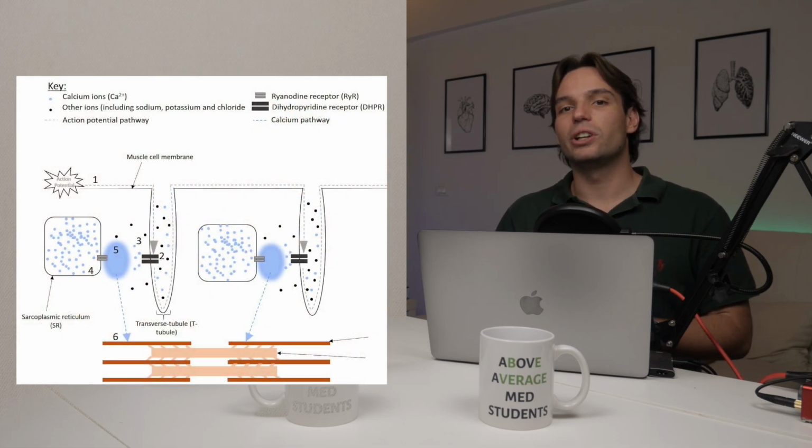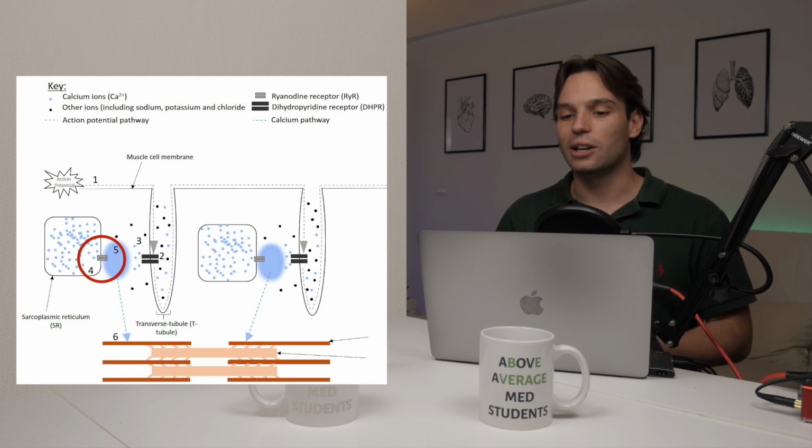This calcium has two main functional roles. The first, less significant role, is that it directly contributes to the formation of cross bridges, because you remember the contractile mechanism of cardiomyocytes is exactly the same as that of skeletal muscles, so it will bind troponin and start activating some cross bridges. The second, more important function is that it triggers the opening of RYR2 receptors, ryanodine receptors,